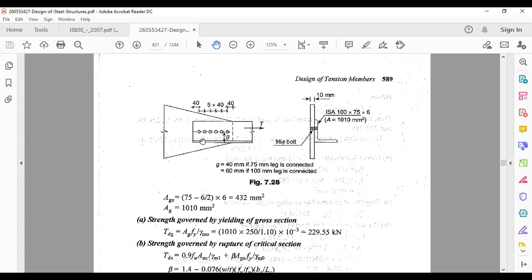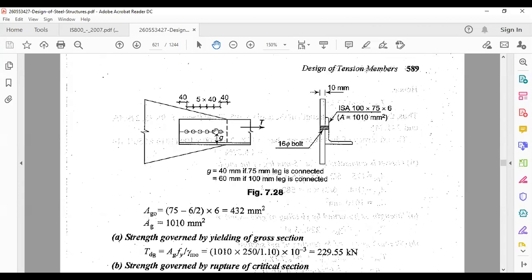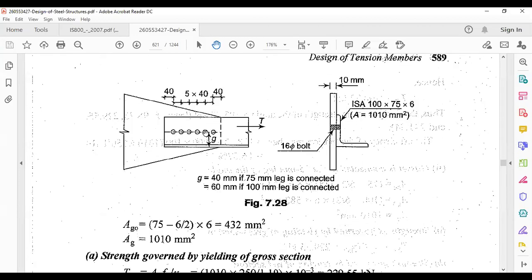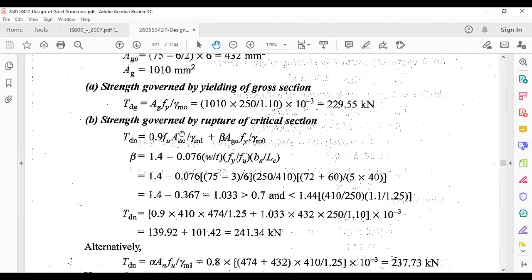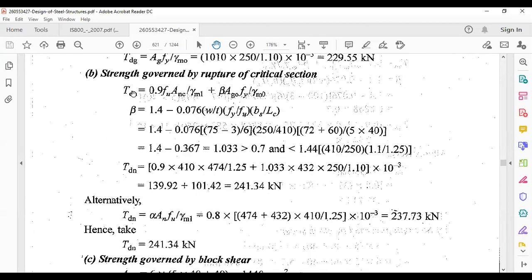Say in this case, if you look at this particular picture here, 2, 4 and 6 bolts are there. What will be my Lc? This 1, 2, 3, 4, 5. 5 pitch distances will be coming over here. So 5 into 40, this value will be my Lc value, 200 mm. Length of the connection, that will be 200 mm, from the first bolt up to the last bolt. Whether you count it from this side or this side, the pitches you come across will be the same. So that will be Lc. So that is the other strength governed due to rupture.